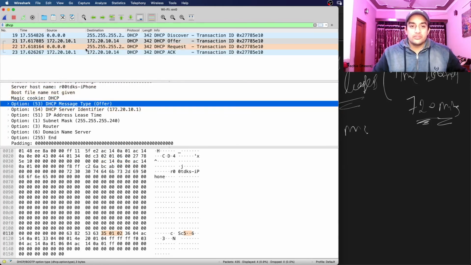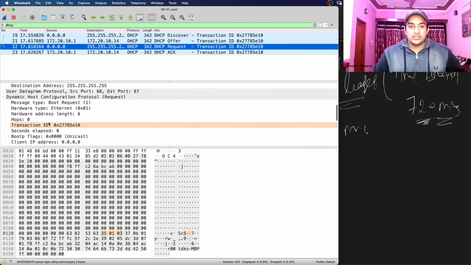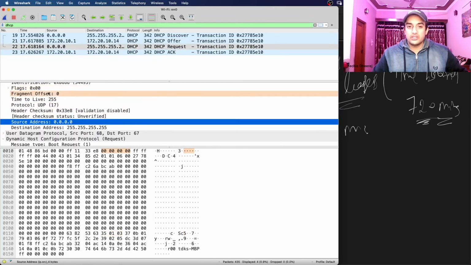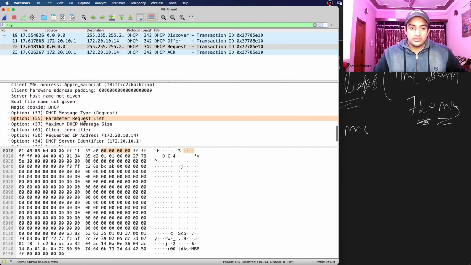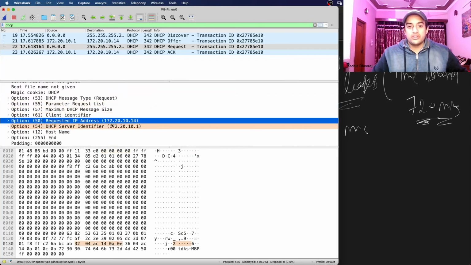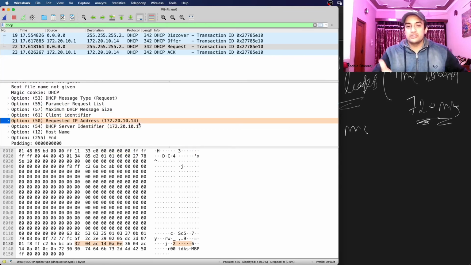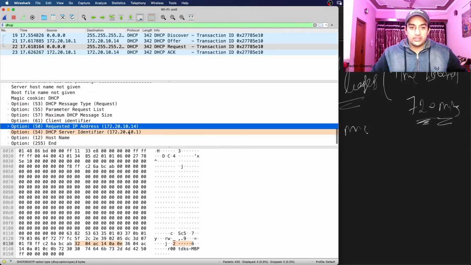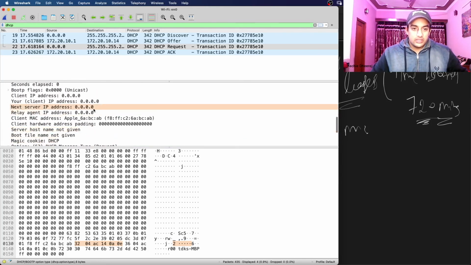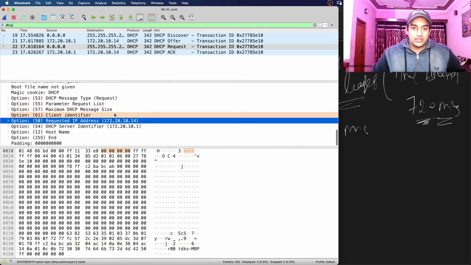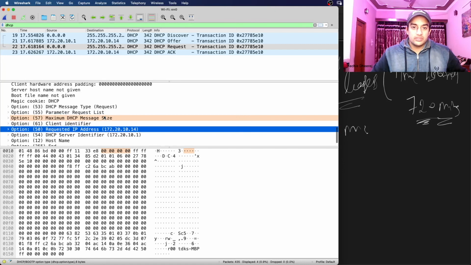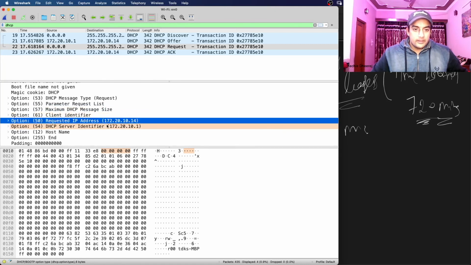Now if we see the request, the source address is 00 because we still don't know our IP. We are still trying to request from the server. In the request, we ask for a requested IP address. Here we mention which IP we want to request. Because the server offered us this .14 IP, we want to request the same. This is the field we just enter, and the other things are 00 because we don't know anything still. We just mention this is our requested IP address, and also the DHCP server identifier.